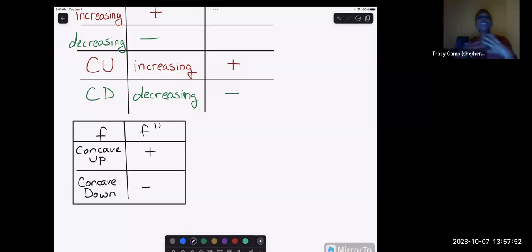So it's the same processes. We're doing the same exact stuff, but with the second derivative instead of the first derivative, as we did in section 3.3. So let's look at a homework problem. I thought number 3 was good because it's